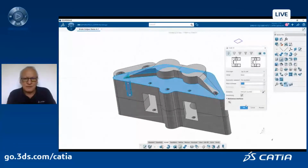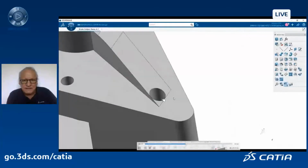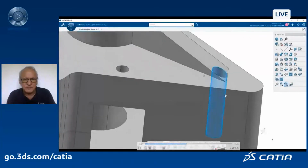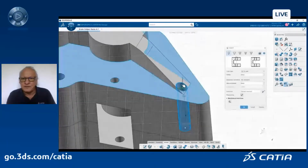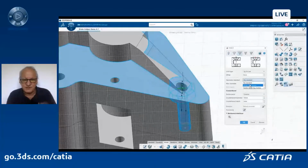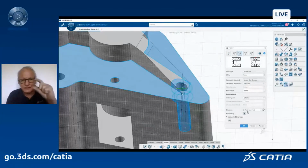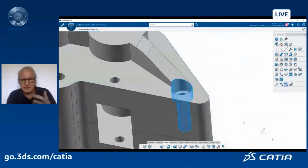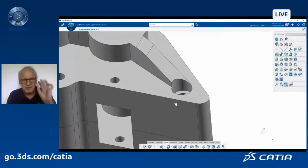I'm almost fine, but as you can see, this hole is not very good, okay? So I would like to replace this hole by a counterbore hole, which makes more sense to add a counterbore here, okay? So I just select the hole, change the parameters, use the standard I would like to use because all those are standardized, of course, the dimension and the fillets and all this stuff. And now this feature hole is quite complex. It has a lot of different attributes. And with a simple click, you will see,